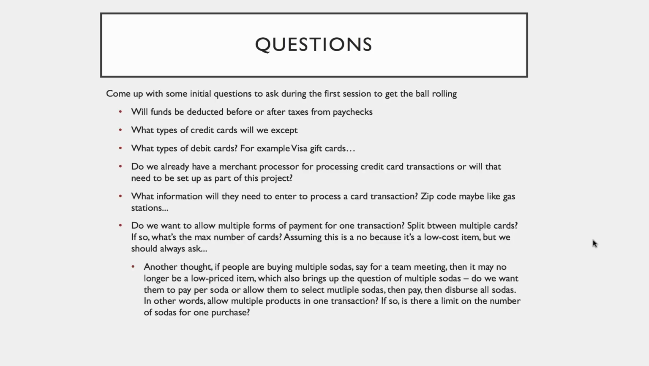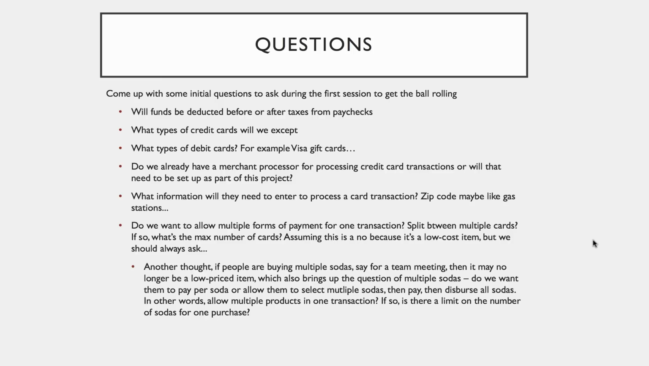However, that brought up another thought for me. If people are buying multiple sodas, say for a team meeting, right? They ordered in pizza, but they didn't order anything to drink, and now they need to go buy 20 sodas, then it may no longer be a low-priced item, right? Now we're moving into the $30 price range, which then also brought up the question to me of, hey, wait a minute,